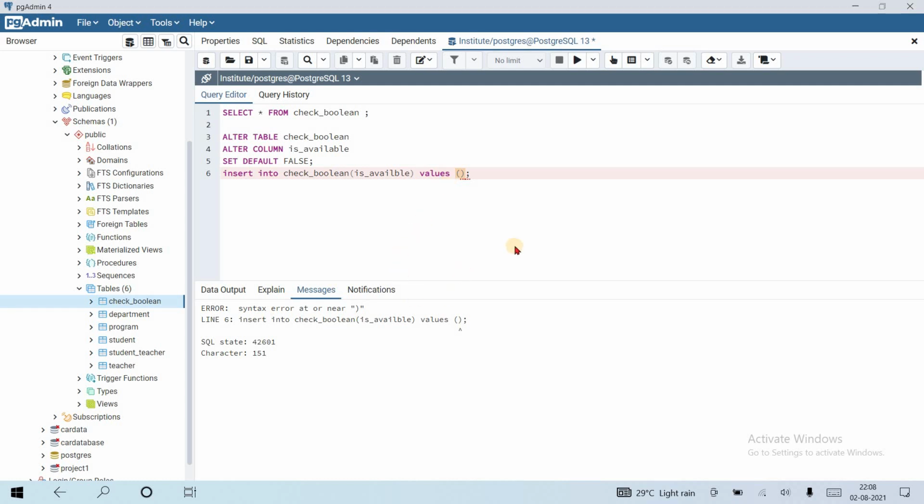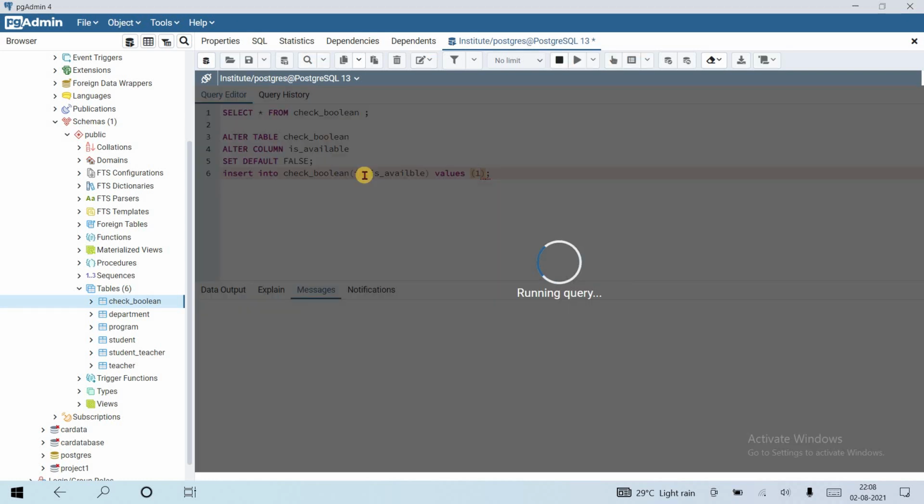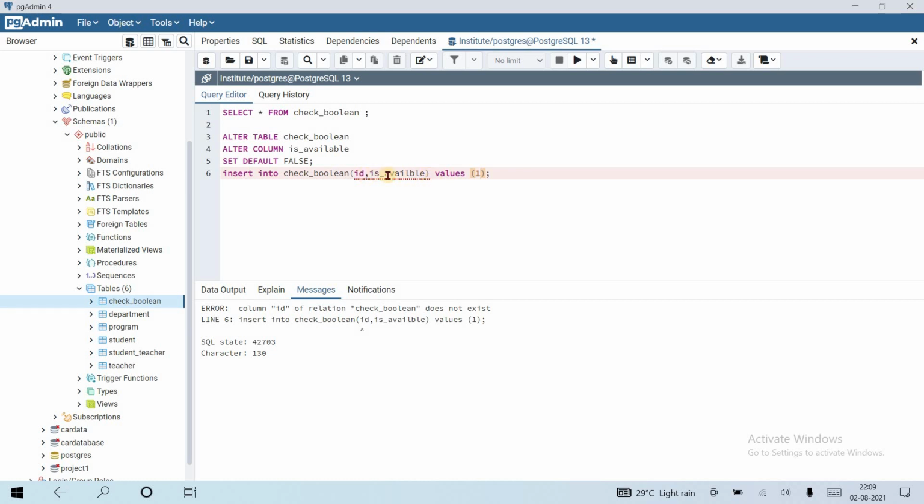We need to insert something. If there were an id column it would insert a value, but there is no id column here. It will insert false by default if you don't provide a value for is_available. Insert into is_available values. That is it.